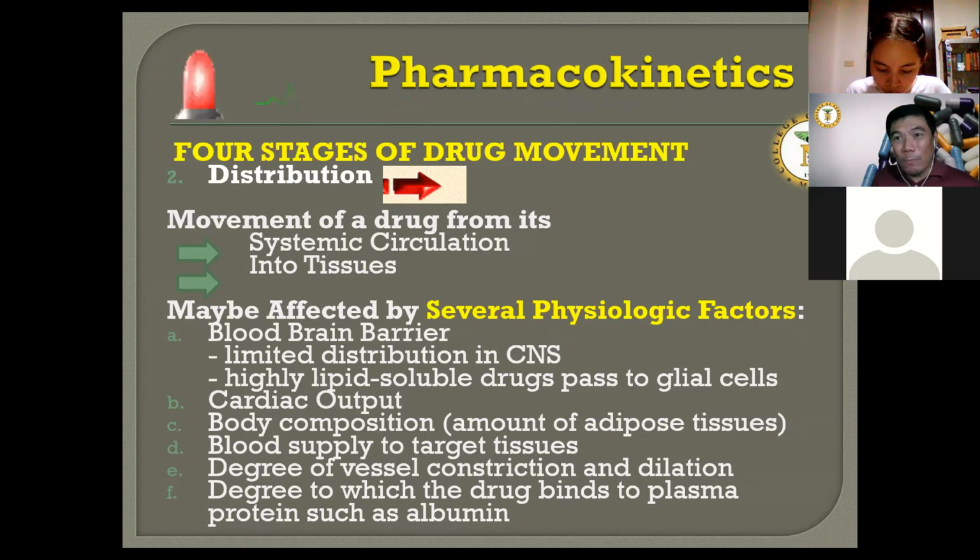'Di ba? The more frequent that you void, ibig sabihin, your liver is working to remove excess alcohol by excreting it via urine. Sometimes too much alcohol is excreted via the skin. Kaya 'di ba, alam ninyo, nakainom ka, amoy alak ka. Because some of the excess amount of alcohol are being released via skin. O alam nyo rin ang nakainom kasi yung hininga niya amoy alcohol. Why? Because some level of the alcohol are also circulating. And we all know that the level of alcohol that are carried by the plasma circulates also in the lungs.